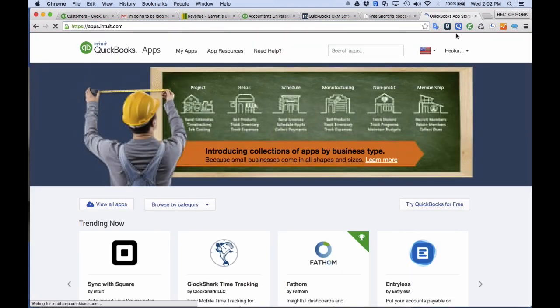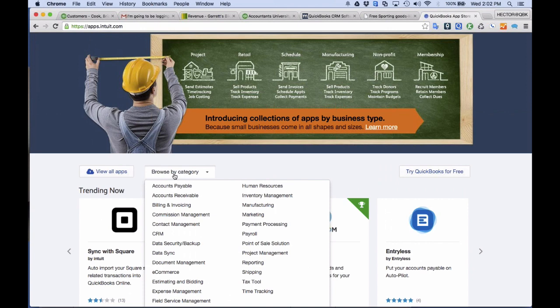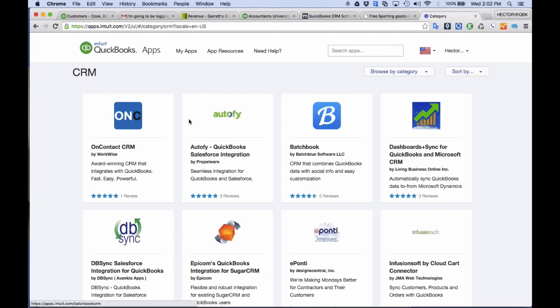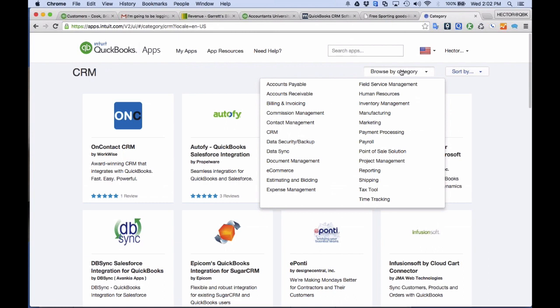So if you go to apps.com, what a great domain name Intuit purchased, you can actually see all the different apps that are out there. And if you click on browse by category, and for example, we click on CRM, you're going to see Method there, right? Method was the one that we showcased. You're going to see Insightly. You can actually sort these by